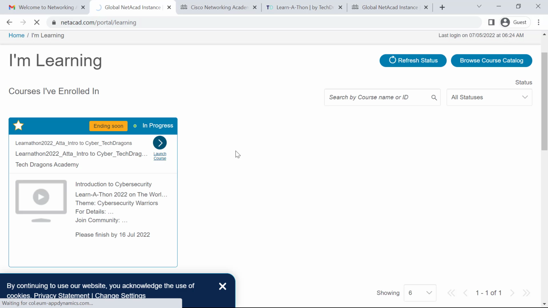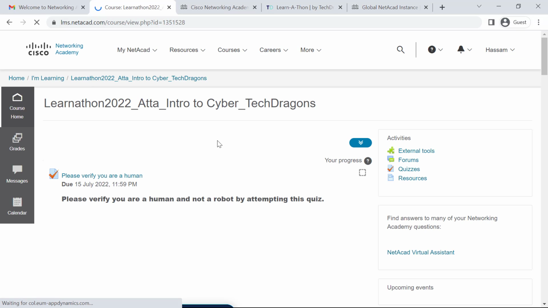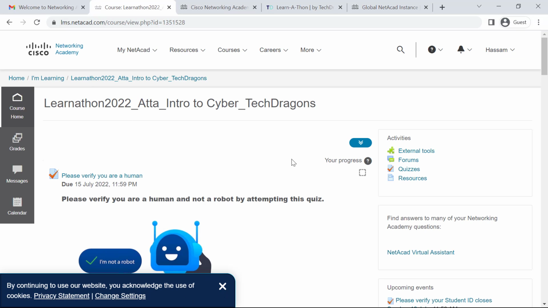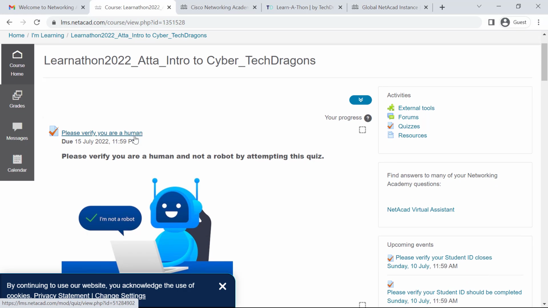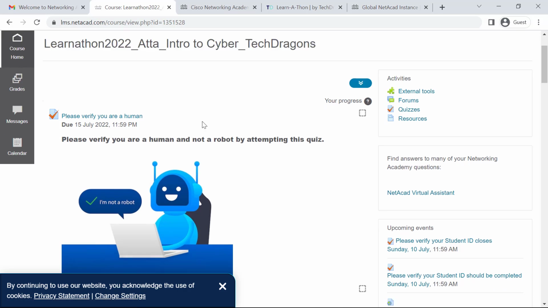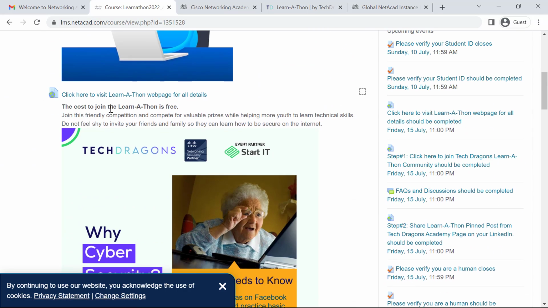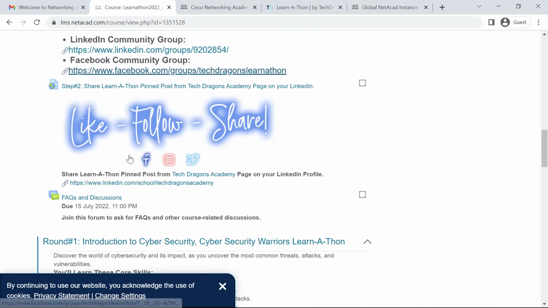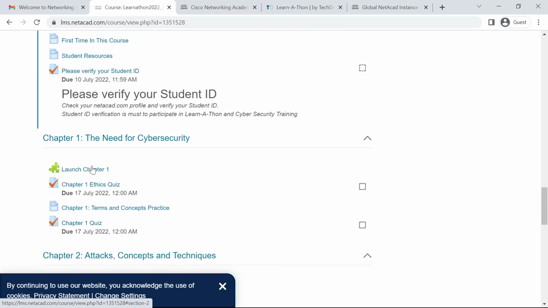When you click on the launch course button, you can see your course content, and there are different chapters and other quizzes and exams that you can attempt. If I scroll down, I can see there is a chapter 1. So how will you study the course? Simply click on launch chapter.